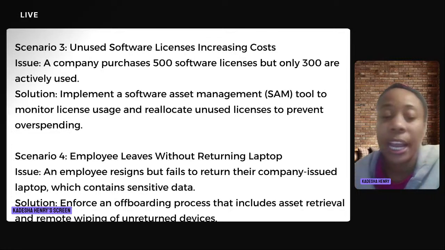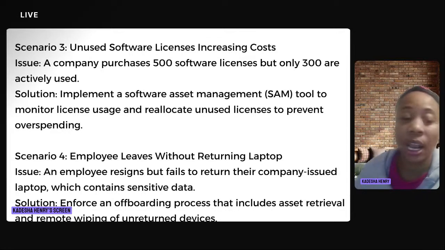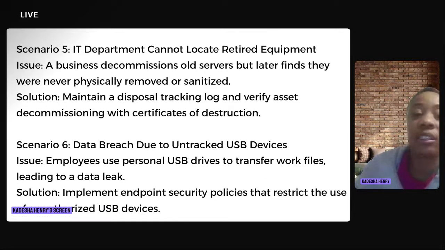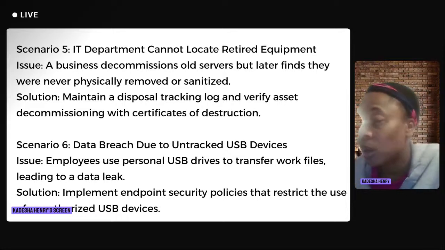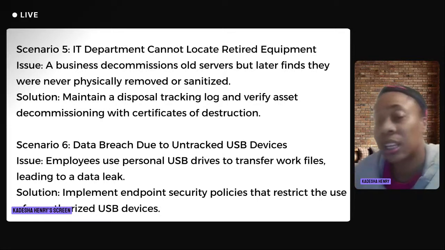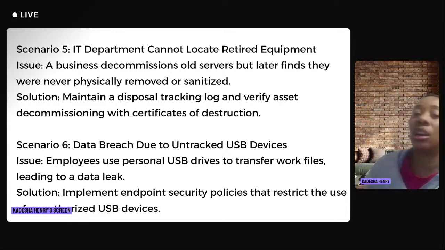We're going to enforce an offboarding process that includes asset retrieval and remote wiping of unreturned devices. You must have an offboarding system so that if the worker refuses to return the asset the organization gave them, you can remotely wipe it. You can lock it down. It doesn't have any use for them anymore,